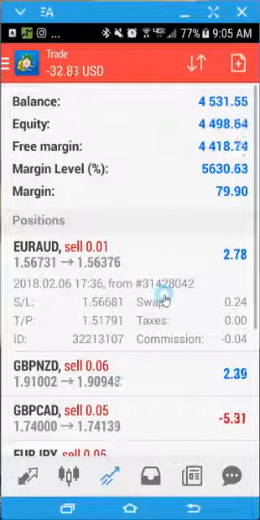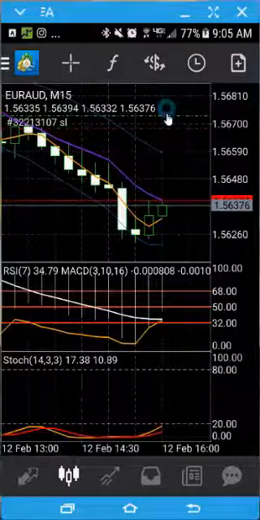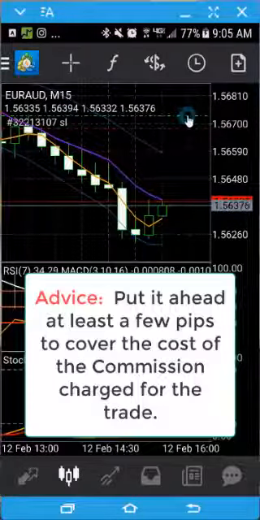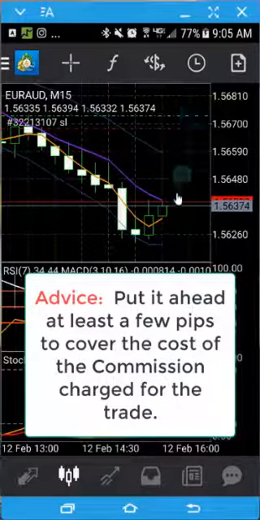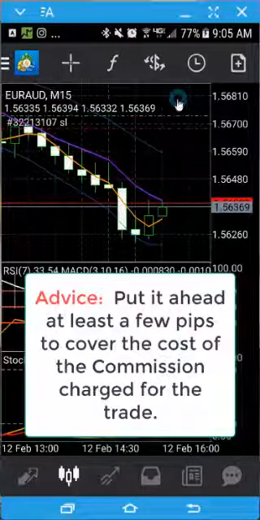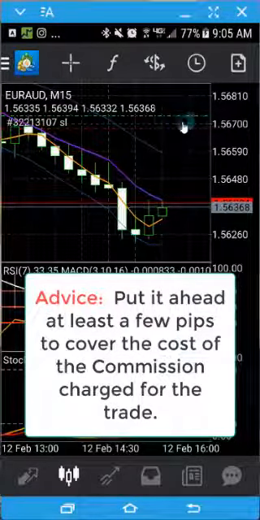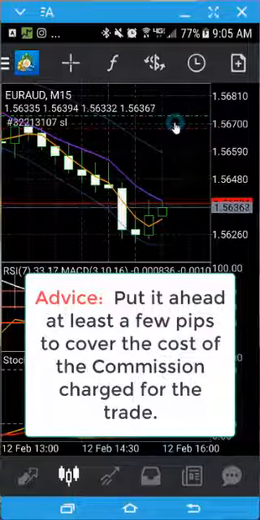All right, so that's what it means, guys, by taking partial profits and moving your stop loss to break even. Break even could mean exactly on the line, so that way if it backs up, I'm not losing any money. Or what I like to do is put it at least 5 pips ahead, so that way if it does close, I'm still earning 5 more pips of